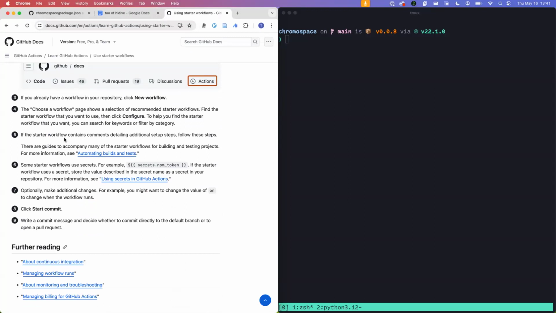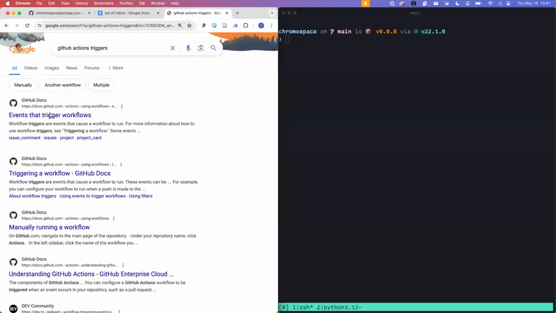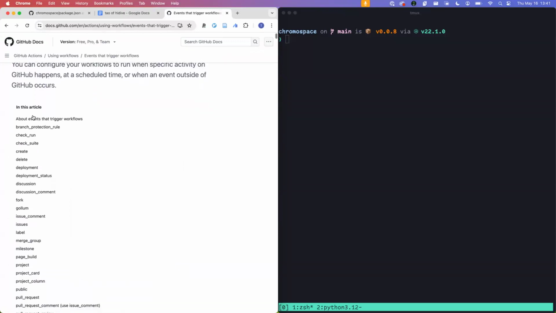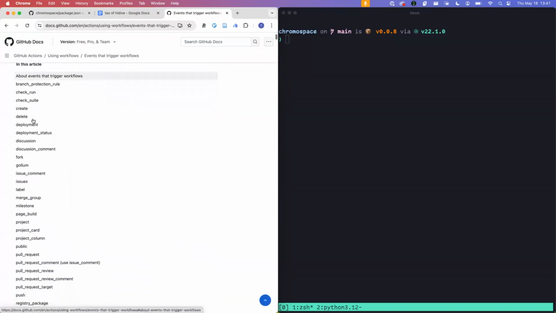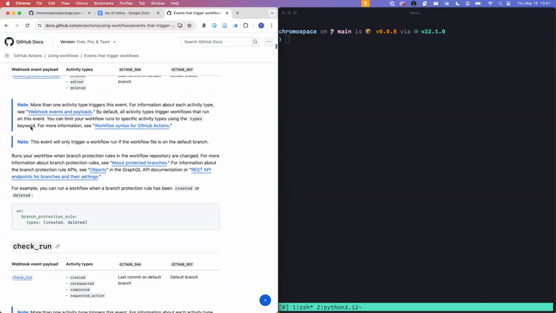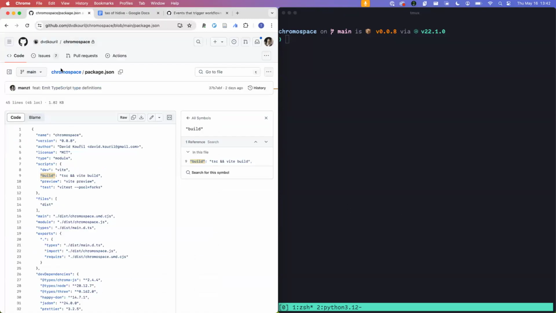One type of trigger, let's see, GitHub Actions triggers. You can see that there are a bunch of different ways that you can actually trigger actions. You can do pull requests, you can do it if an issue is opened with a particular label. All of these can trigger some sort of automated script that runs. And what we're going to be doing today is adding triggers that run on commit and on pull requests. That's the easiest way. So if we go back to Chronospace,